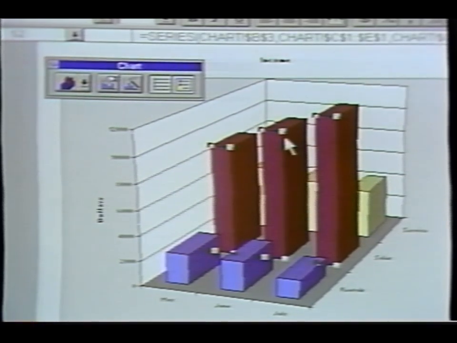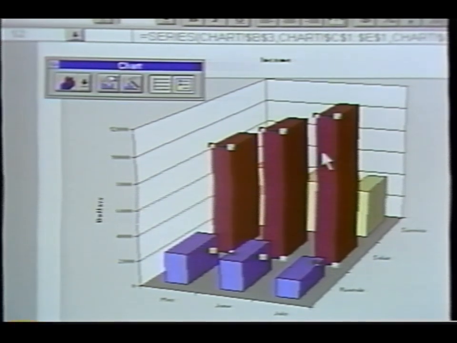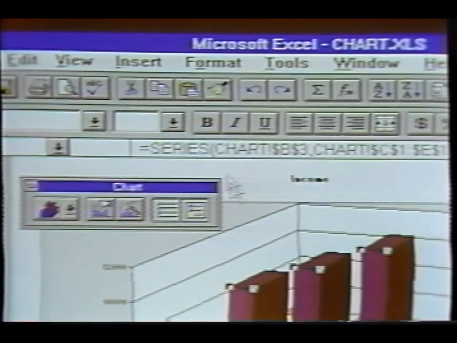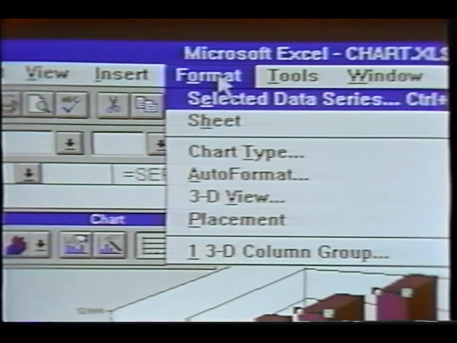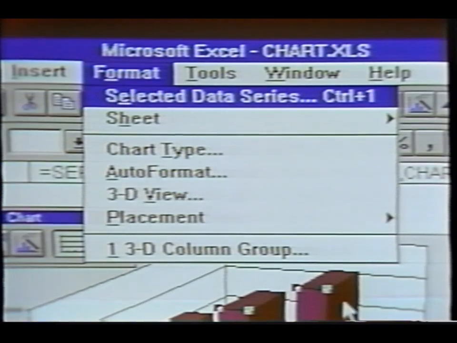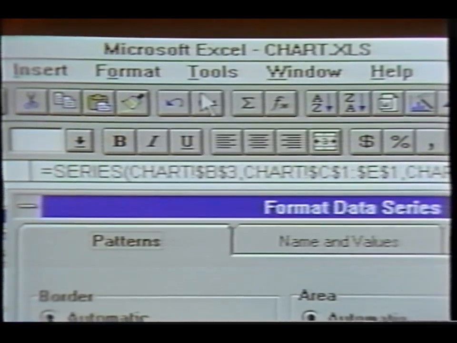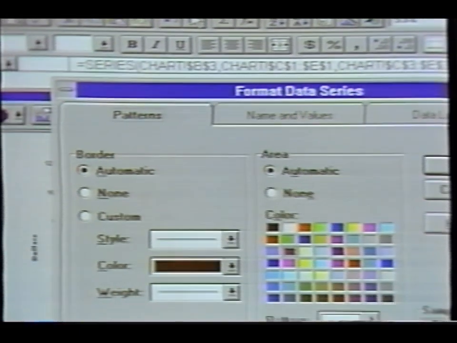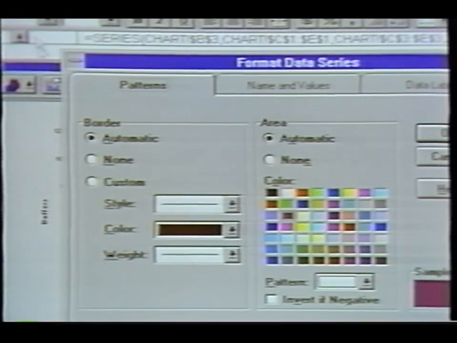Click on the data series. It's all highlighted. Then we go to the Format menu. Here we have Selected Data Series. This means the one that's highlighted. Click that. And now we get the Format Data Series box, where we can choose different patterns,